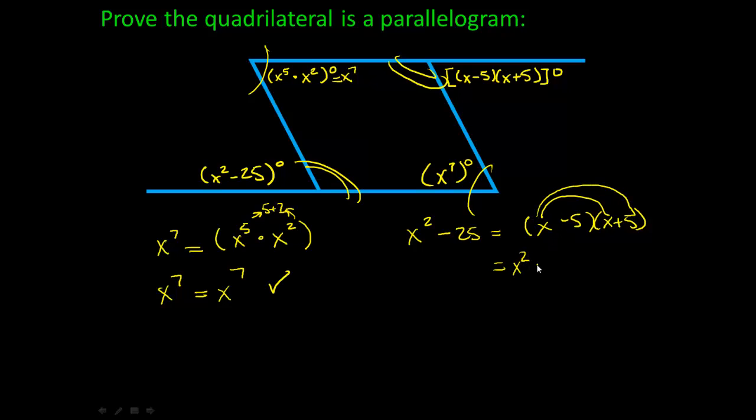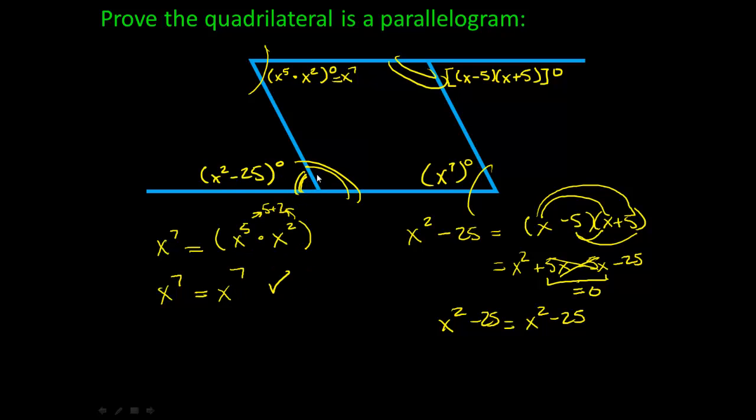Outer, plus 5x. Inner, minus 5x. Last, minus 25. Okay, this right here equals 0. They cancel out, so we get rid of that. Leaves you with x squared minus 25, which is exactly what that was. So